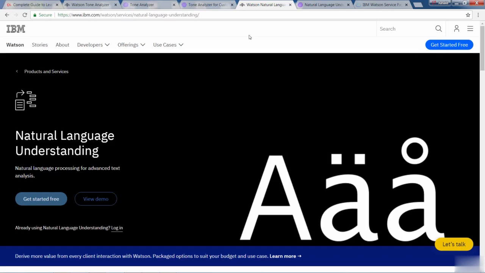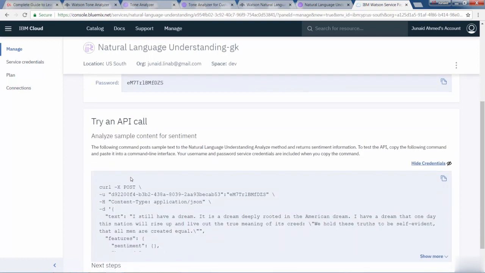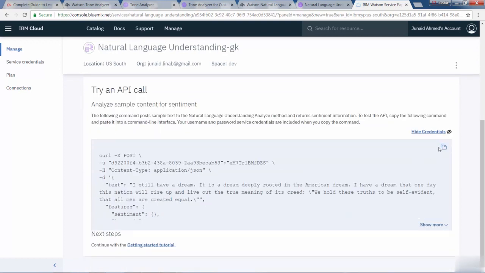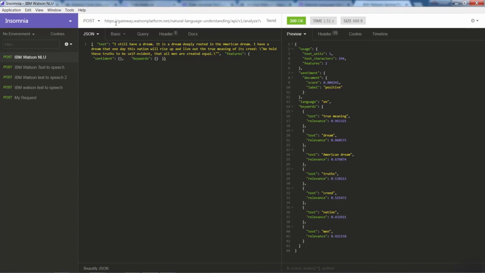You can actually test this API as well. The procedure remains the same. Get started for free and add this service to your user, and once it's done you will get the information and the API call. Simply copy this here and go to Insomnia, go ahead and paste it. I've already done that, but let's do it again. There you go, that's the API there, and this is the text. And if you hit send,